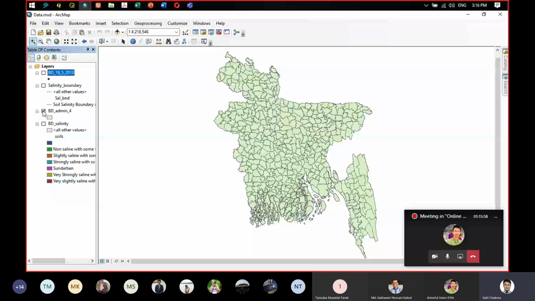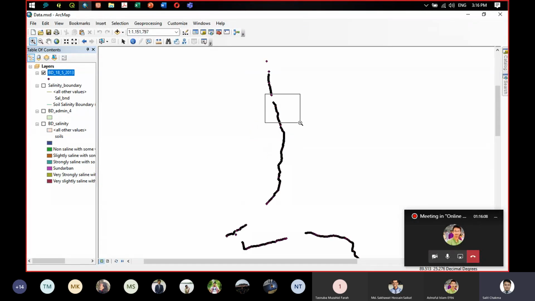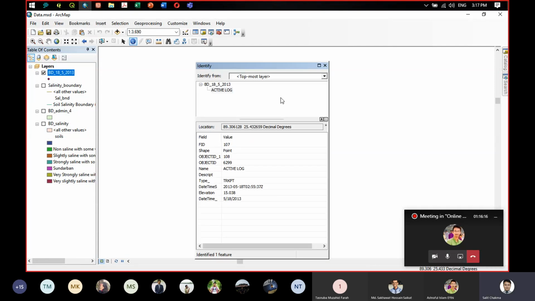আমি এই বিডি অ্যাডমিনিস্ট্রেটিভ বাউন্ডারি সেটাকে অফ করে দিচ্ছি। আমি যখন এই পয়েন্টটা দেখছি, তো দিস আর মাই পয়েন্টস, আমি জুম করে দেখি, এগুলো হচ্ছে আমার পয়েন্ট। আমি যদি ফার্দার জুম করি, দেখো, দিস আর মাই পয়েন্টস। আমি এখানে যদি ক্লিক করি তাহলে সে দেখাবে যে এটা হচ্ছে অ্যাক্টিভ লগ, এটা পয়েন্ট, অবজেক্ট আইডি হচ্ছে 1086299,